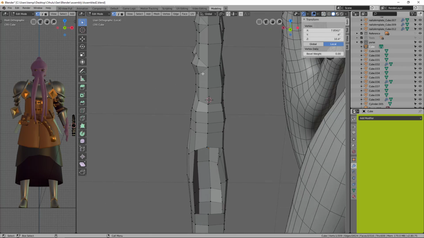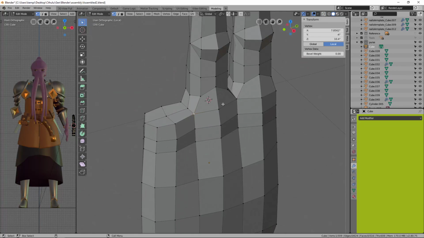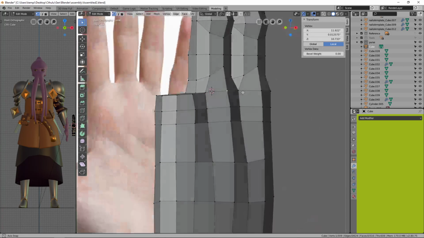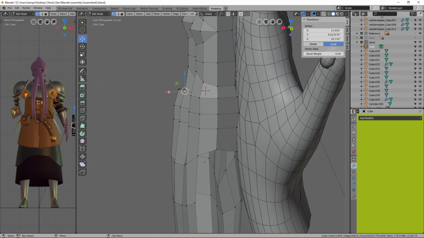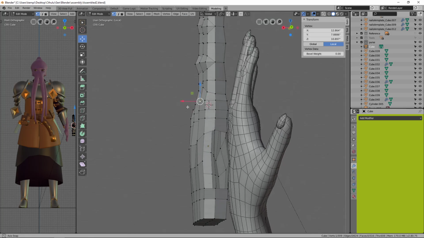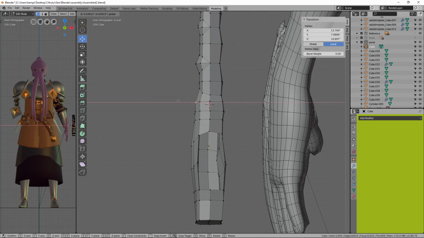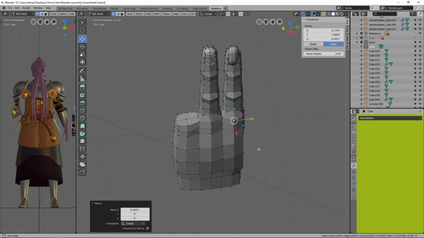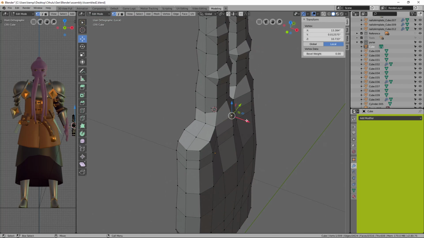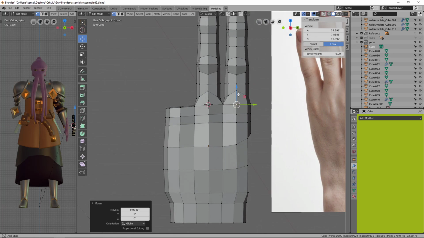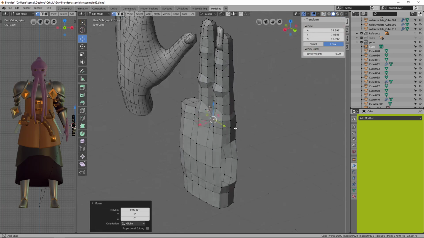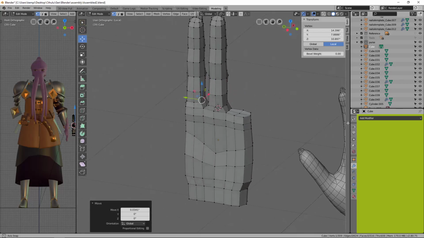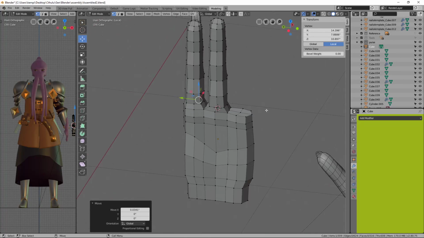And before we move on, knuckles. You know how I feel about knuckles. Gotta have one. Gotta have a lot of knuckles, man. Knuckle game strong. Bam. Okay, so